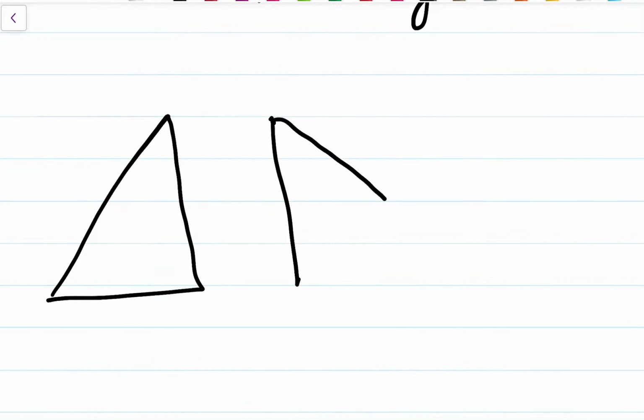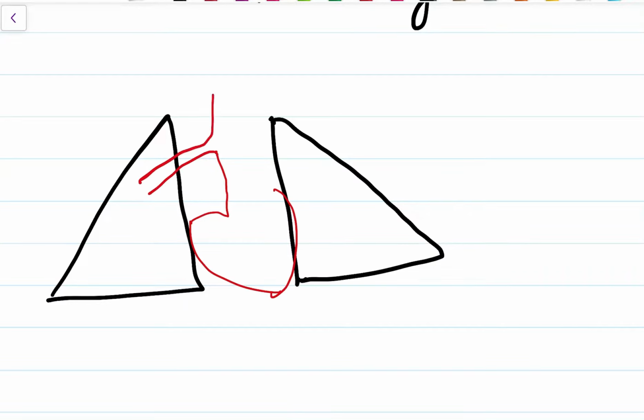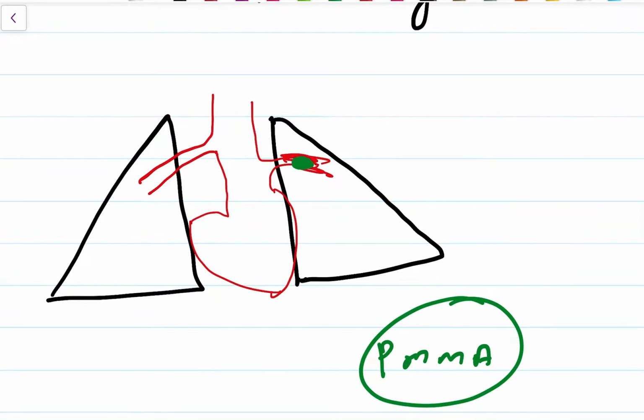Okay, this is our lung. This is the heart present here, and from here pulmonary arteries go to the lungs. So take this as a pulmonary artery. Now for any reason, if there is an embolus, a clot, or it can be fat emboli, or it can be some cement material, that is PMMA, after vertebroplasty in an osteoporosis patient, this embolus can come here and obstruct this pulmonary artery.